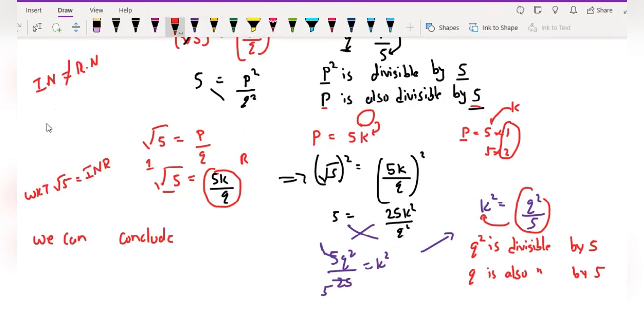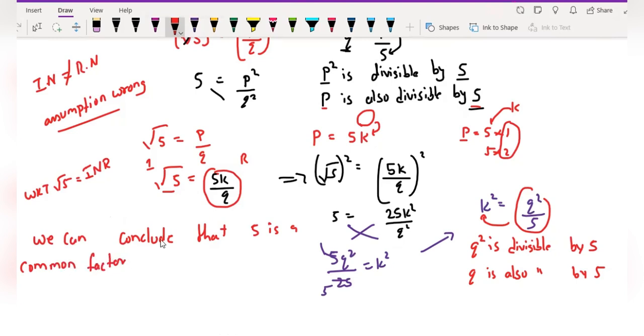Therefore, whatever we assumed, that assumption is wrong. Remember, that assumption is wrong. So therefore we can conclude that 5 is a common factor of both p and q,